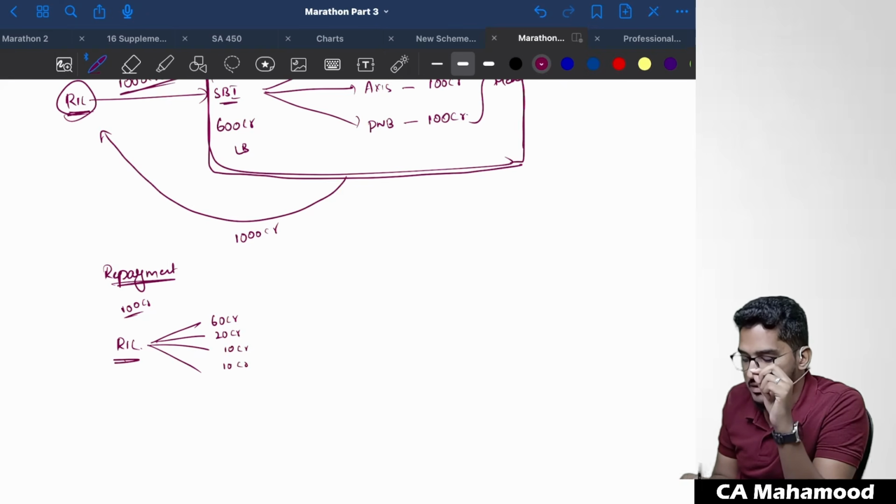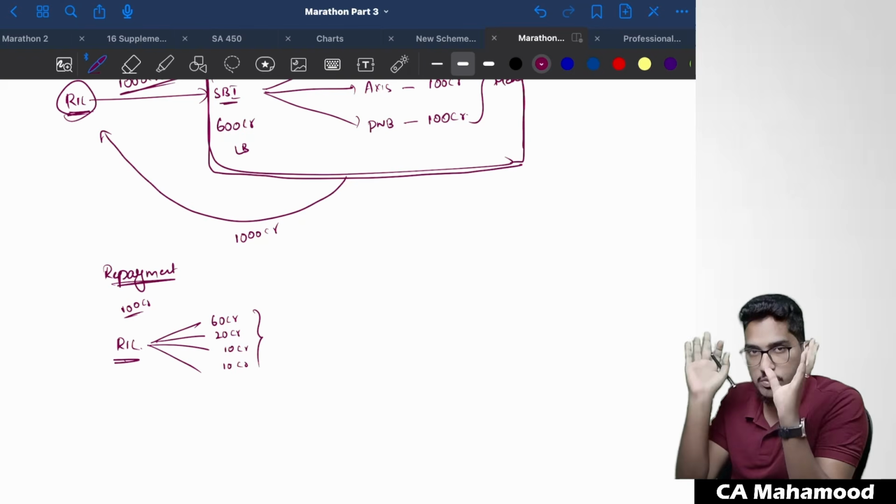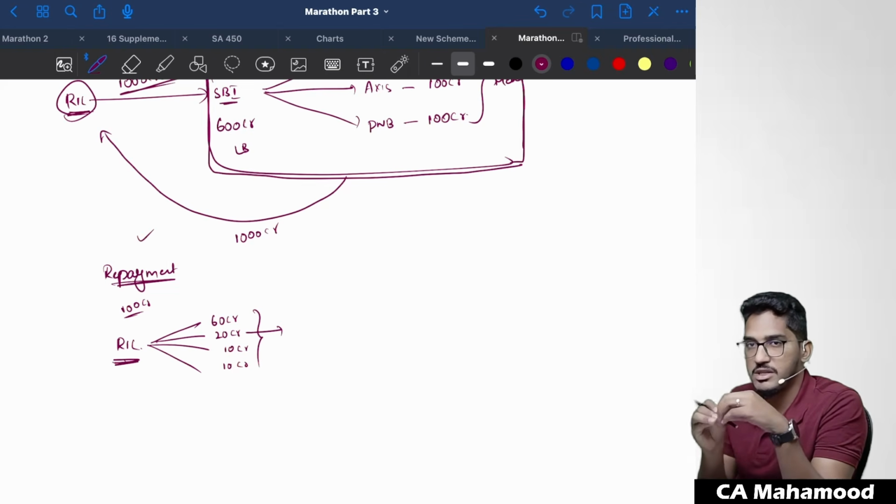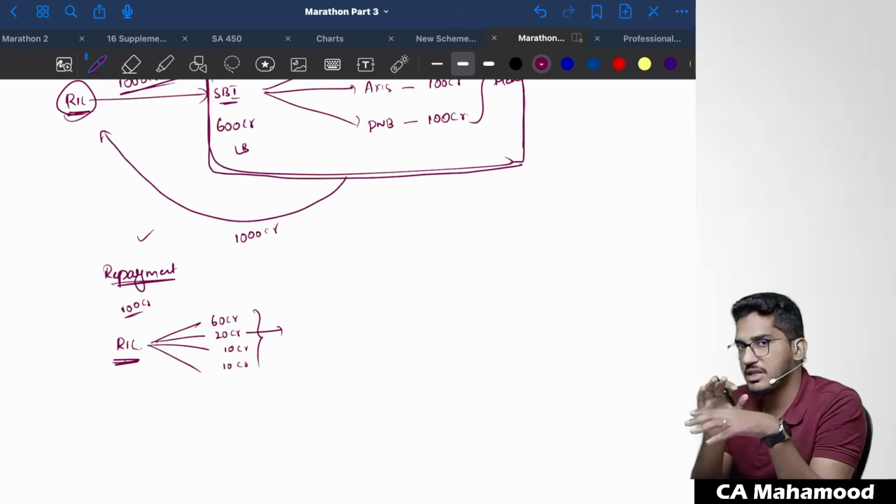Generally, Reliance Industries Limited itself will deposit the amount with the respective banks on the due dates. In case one bank did not receive the payment, that bank will classify that particular account as NPA. In this case, there is no problem. When the customer is making the payment separately to each and every bank, there is no problem.